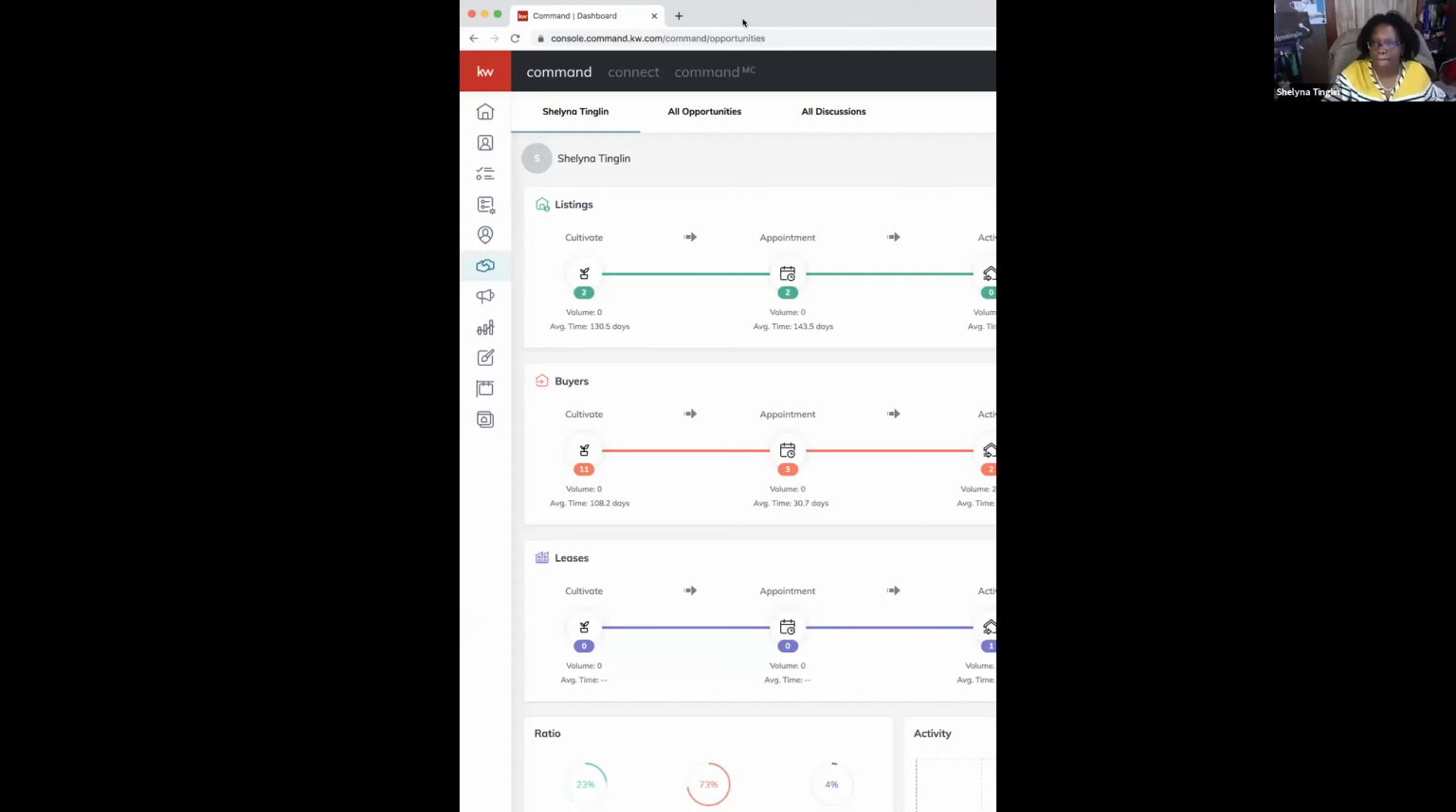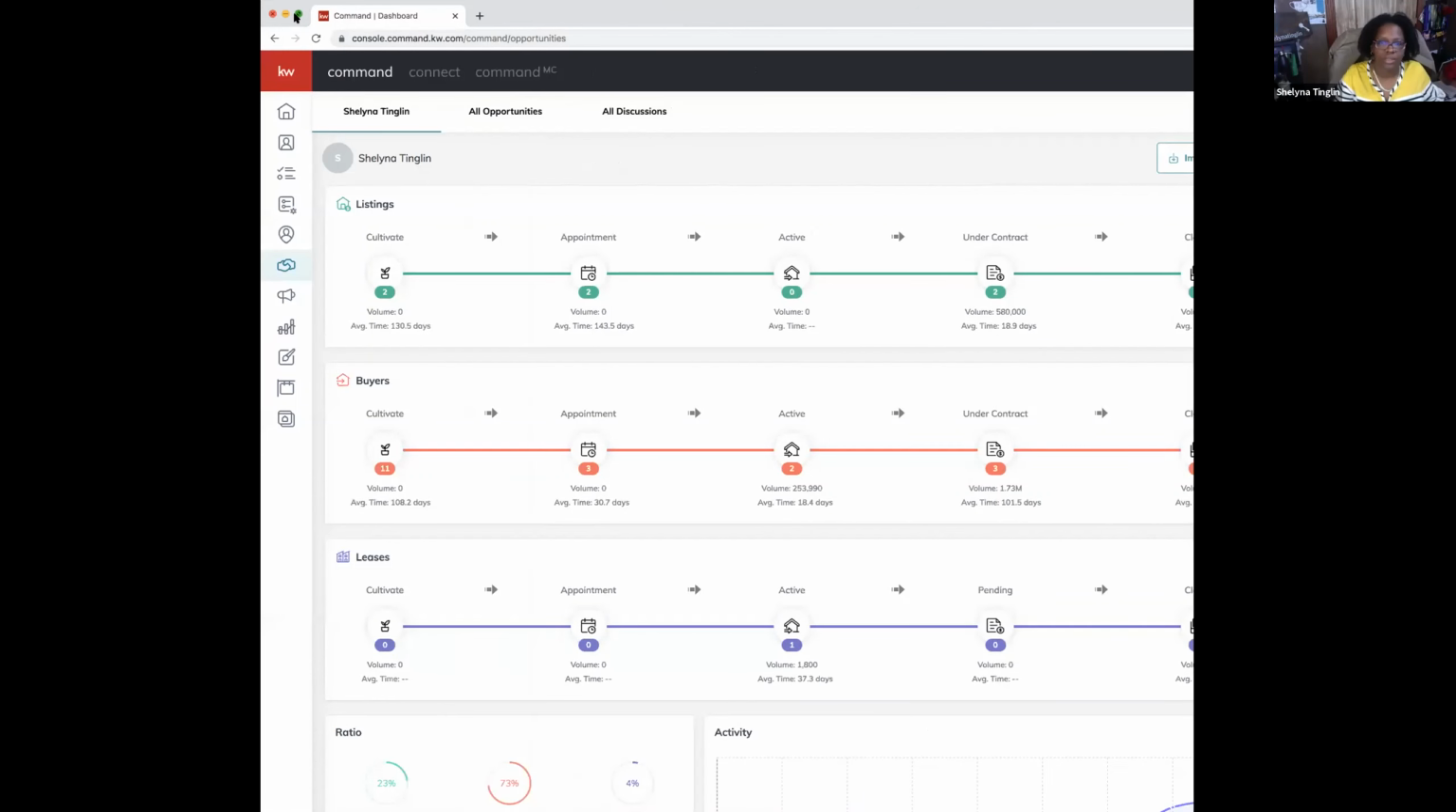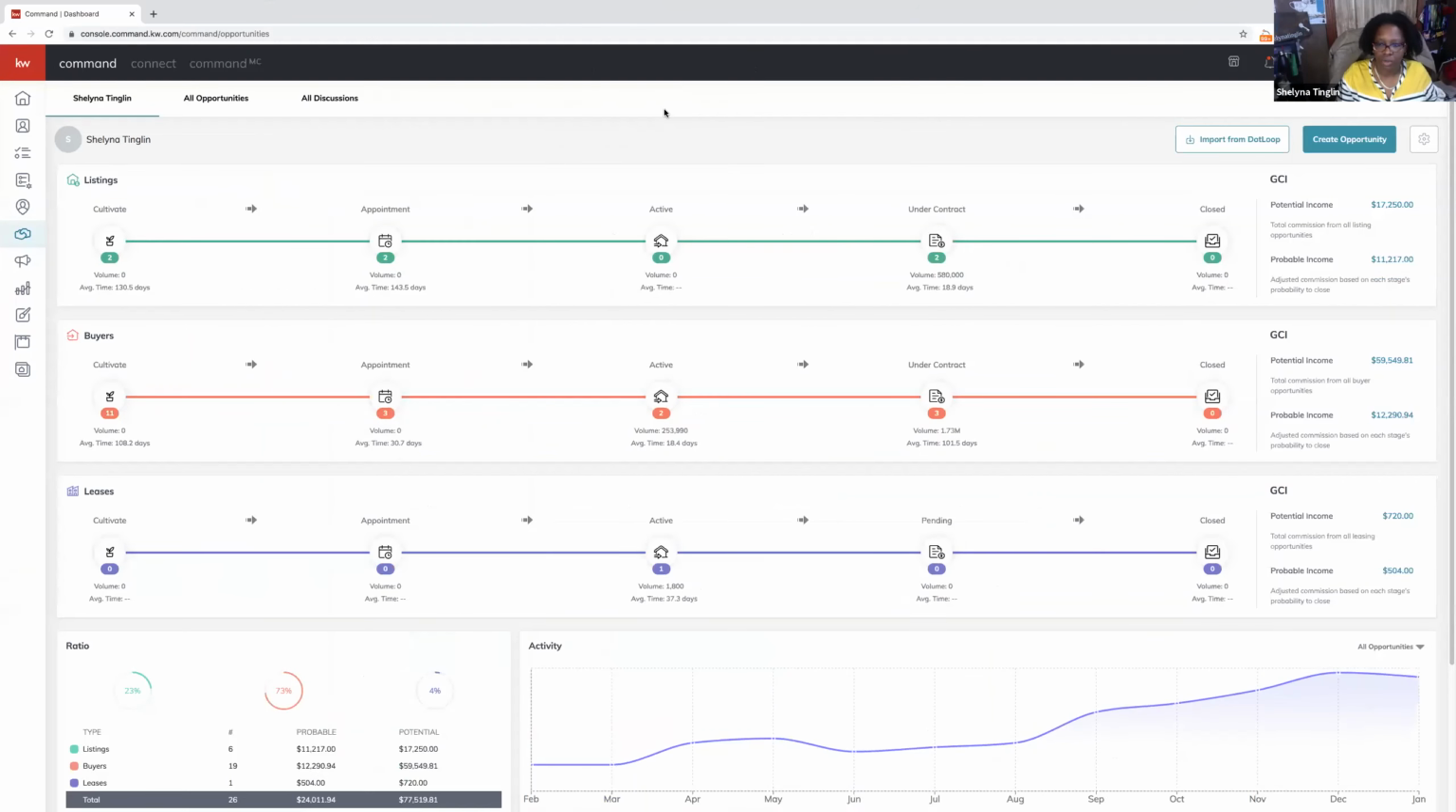to share my screen here. Just a second. Okay, so, whoops, there we go. So what you see in front of you is Command. And let me adjust my screen. One of the reasons that